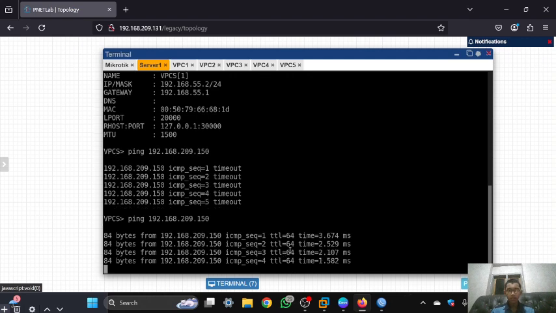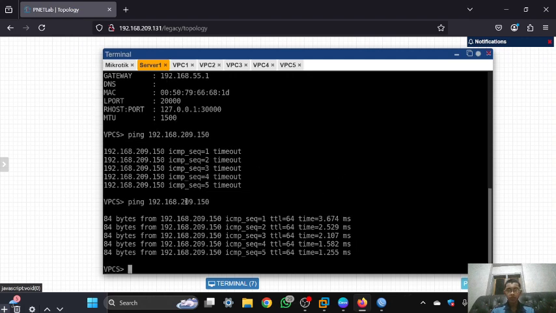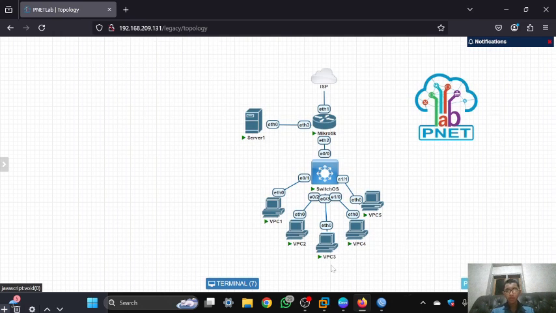You can see that it is now successful. So now I will set the filter rules, where only VPC3 and VPC4 can ping the server and the rest cannot.